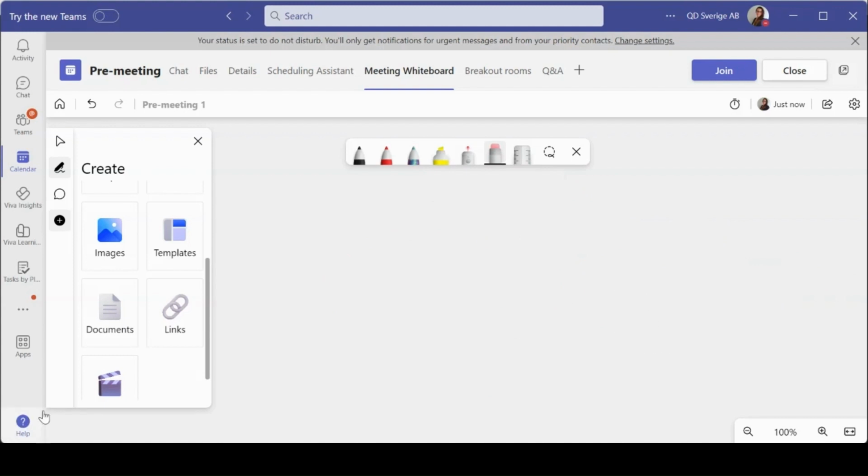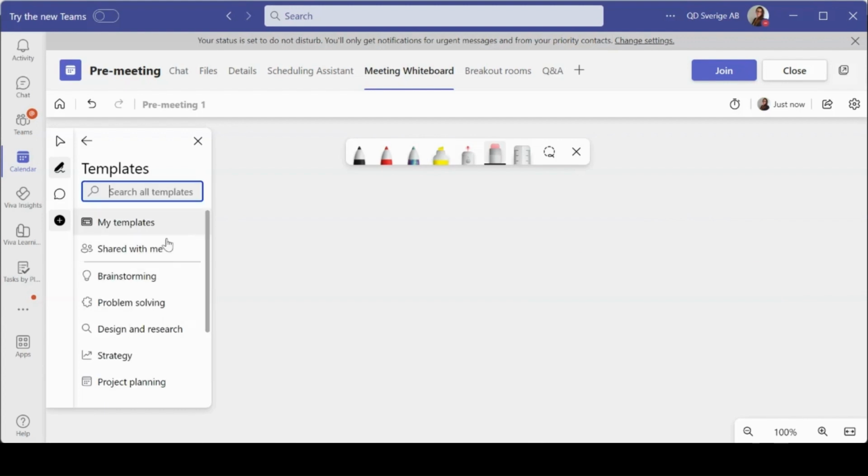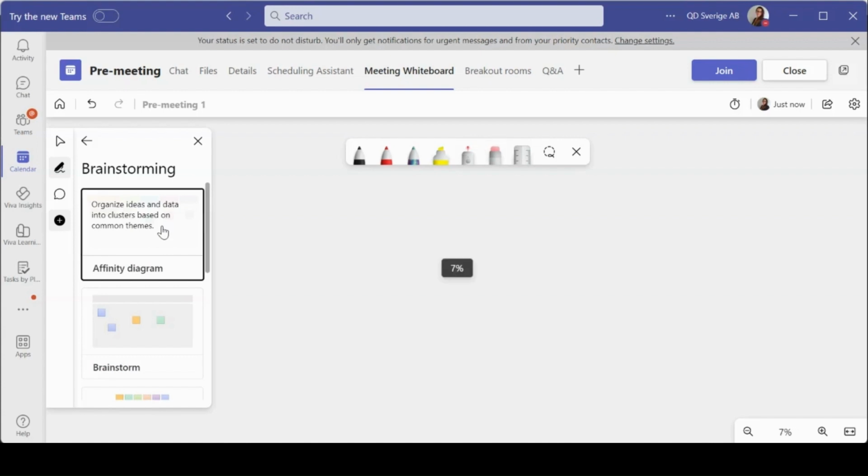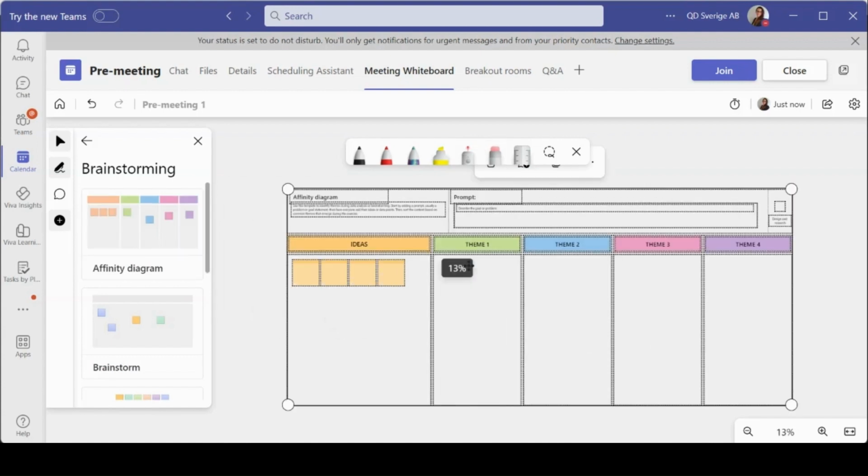If you don't have any idea how to start, Microsoft Teams digital whiteboard has templates that you can choose between, and I will show you brainstorming and this one. And then I click on the screen here, and I will insert it on the whiteboard. And here I can start to prepare. And that's all